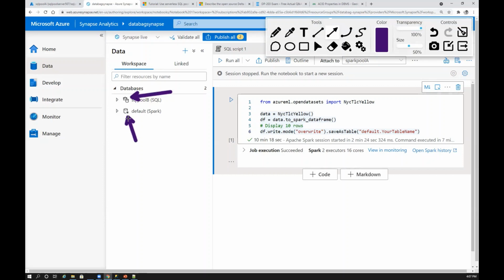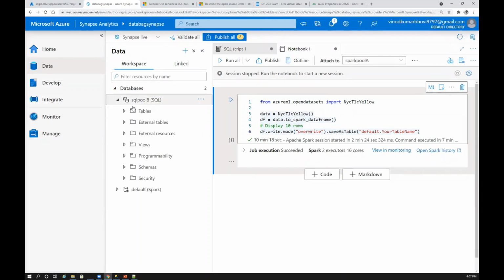The symbol here is for Spark. Within the SQL pool, it's similar to normal structured databases. You have tables, external tables, views, stored procedures, schema, security, and everything. All the options will be similar. And when it comes to Spark, you have only tables. We'll look into how we got this one, and I'll show you how I've done that.